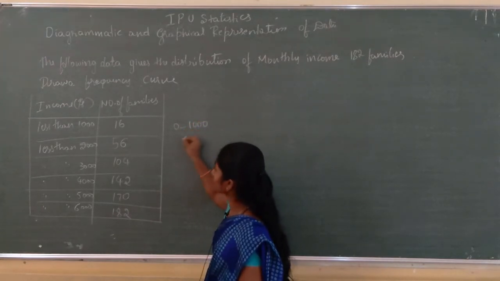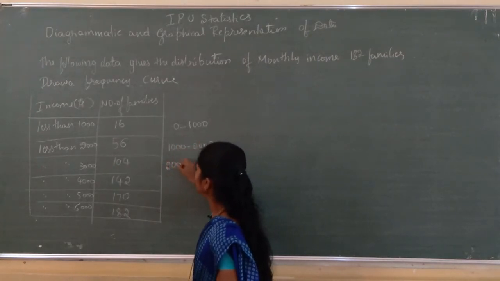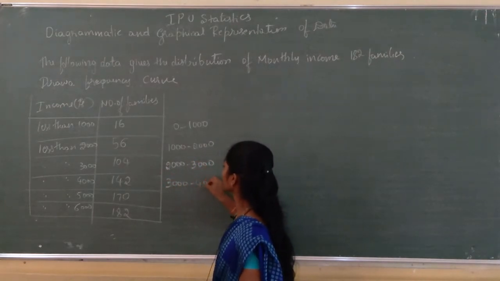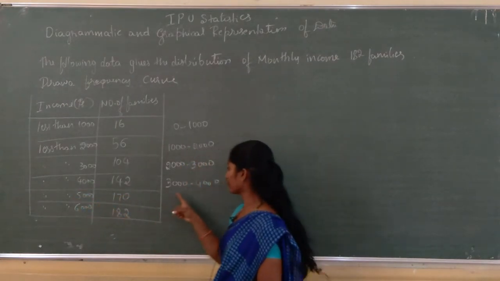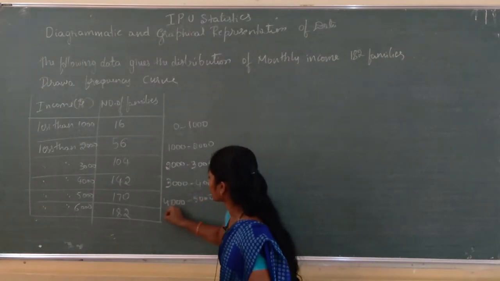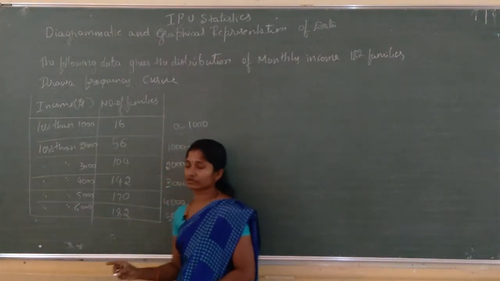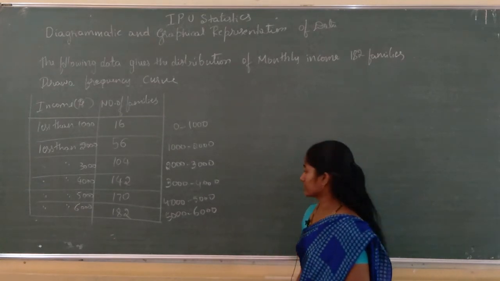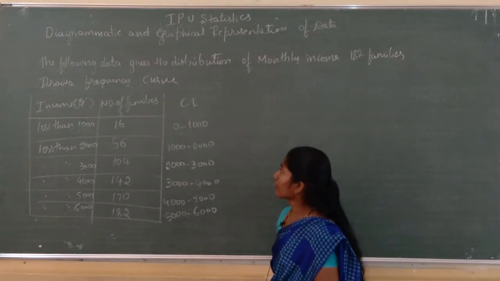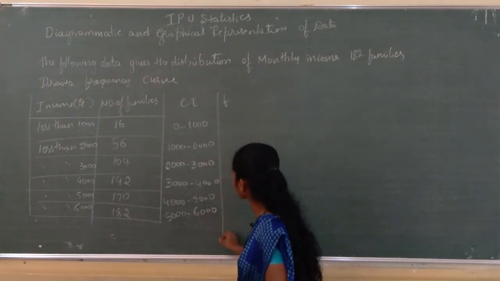Here how much difference? 1000 difference. Next 1000 to 2000, 1000 difference. 2000 to 3000, here also 1000 difference. 3000 to 4000, here given less than 4000, therefore 3000 to 4000, 4000 to 5000, here 5000 to 6000. Now less than 6000 means 5000 to 6000. Now we have written this class interval, that means income, and number of families. Number of families means frequency. Here we should convert